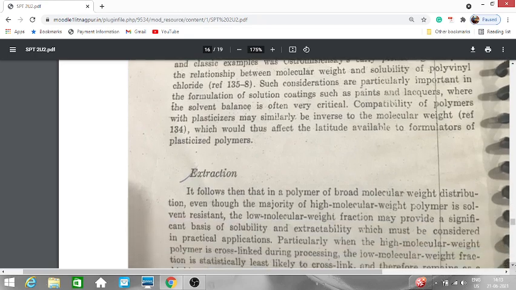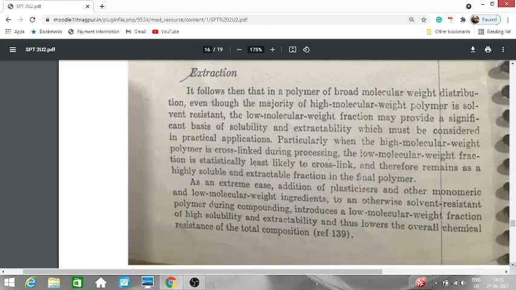So extraction. It follows then that in a polymer of broad molecular weight distribution, even though the majority of high molecular weight polymer is solvent resistant, the low molecular weight fraction provides a significant basis of solubility and extractability, which must be considered in practical applications. So majority of high molecular weight polymers are solvent resistant. Low molecular weight fractions may provide significant basis of solubility and extractability, which must be considered in practical application,